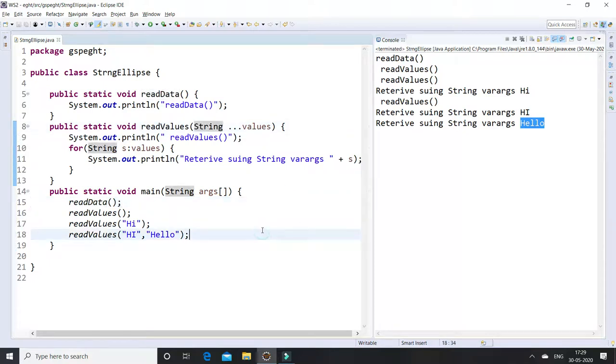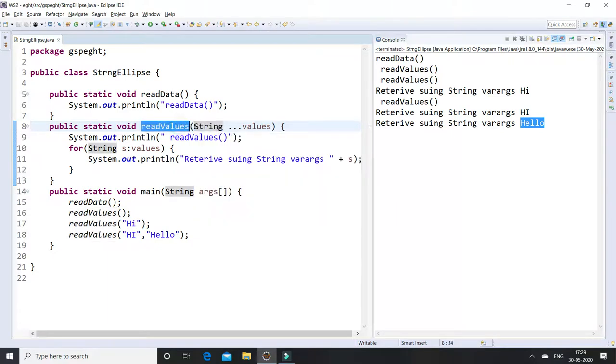Again I am going to show you the thumb rules we need to follow whenever we use string varargs in a Java application. First, consider this method. The string varargs must be present as the last argument.